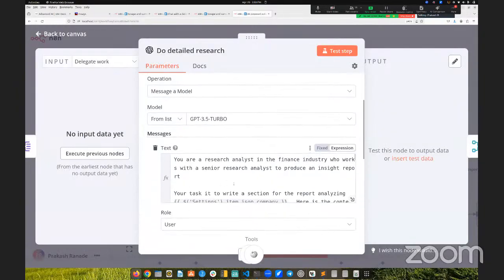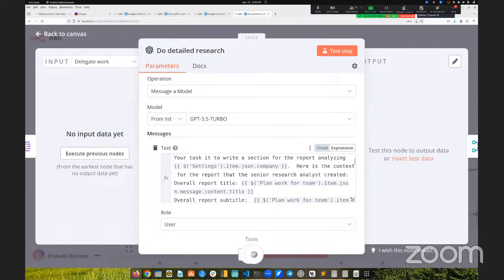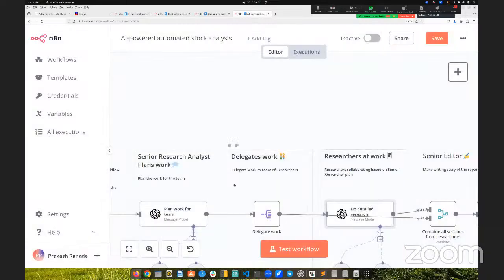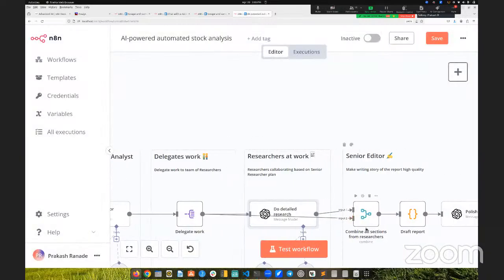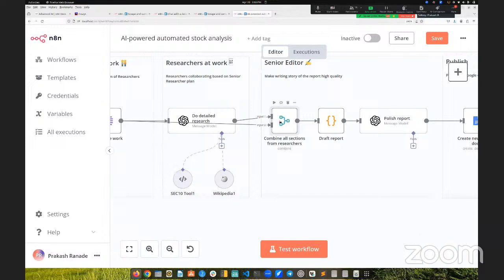You are a research analyst for the finance industry. So this is very similar to what Asif sir wanted us to do, that in each individual role, you specify an instruction, and then you collect the output, and then insert data, create a merge output. So here, this is also a merge output, combine all select output, then draft report, polished report, another message model,